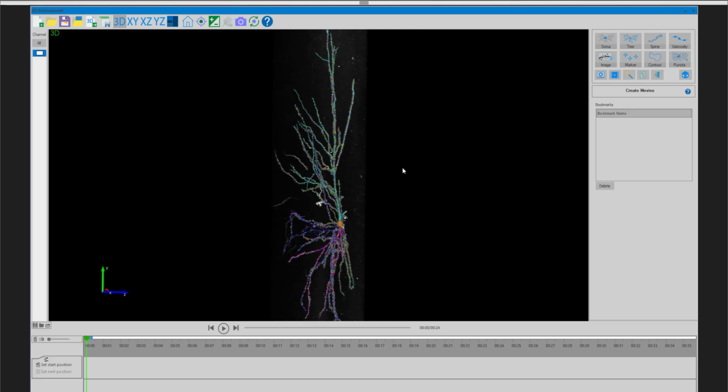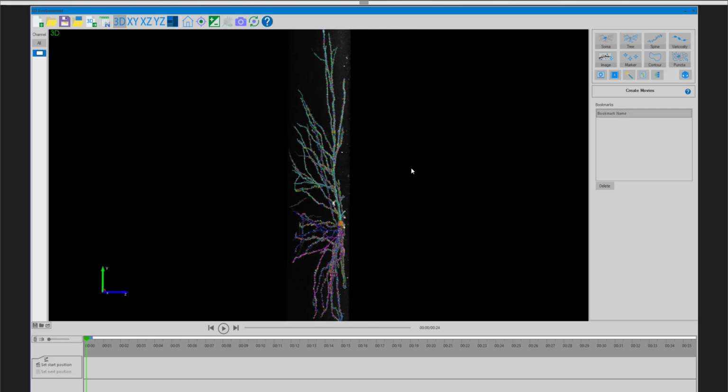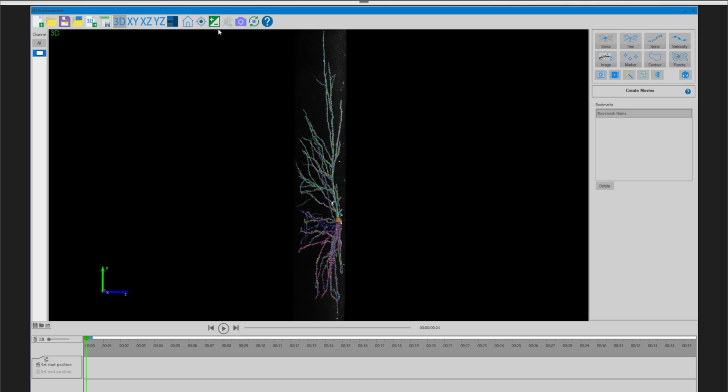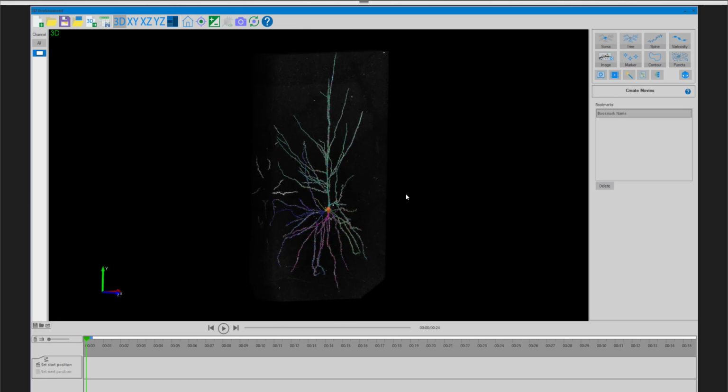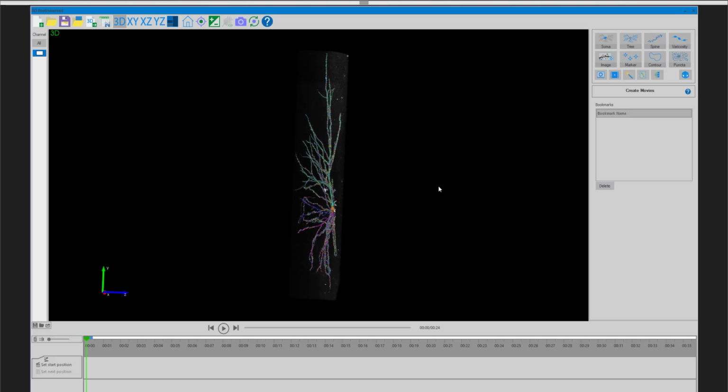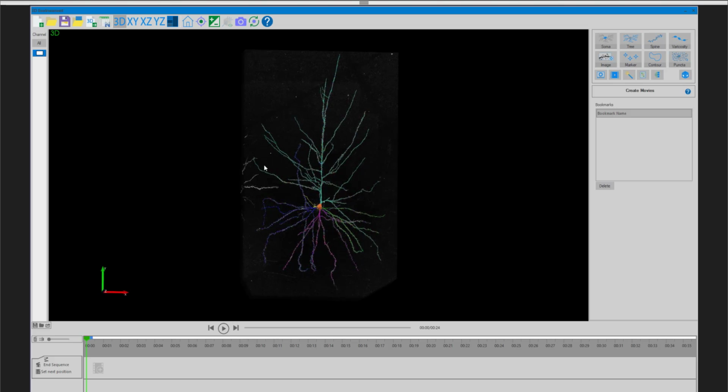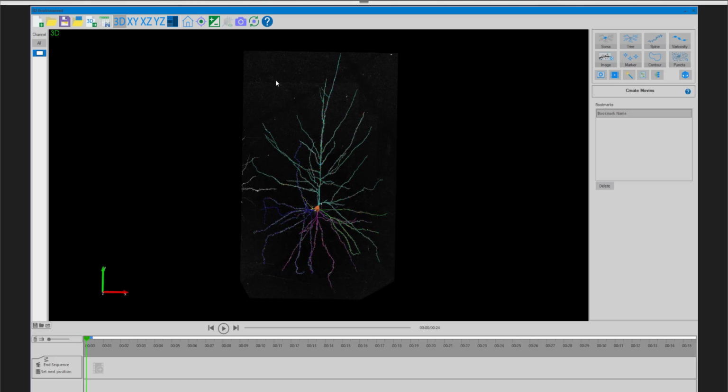What I'm first going to do is set my start position, which is basically just how I want the image to be represented at the start. So I'm going to move it to the right and have it set at this orientation. When I hit set start position, the program is going to lock in this coordinate and this positioning of the traced data. And as I move my mouse, again, nothing's being recorded yet,